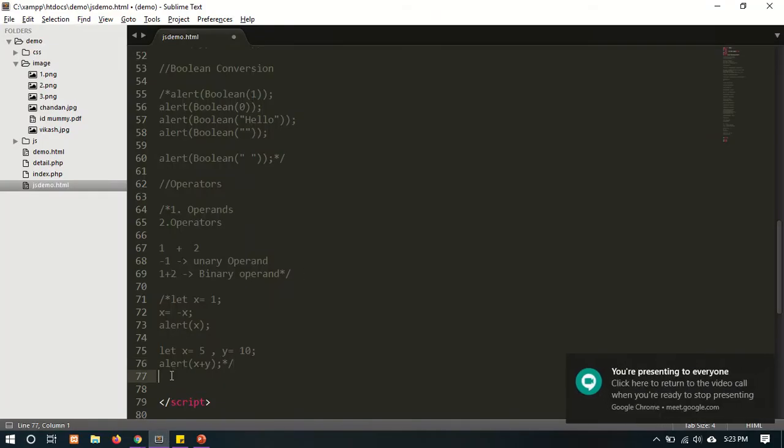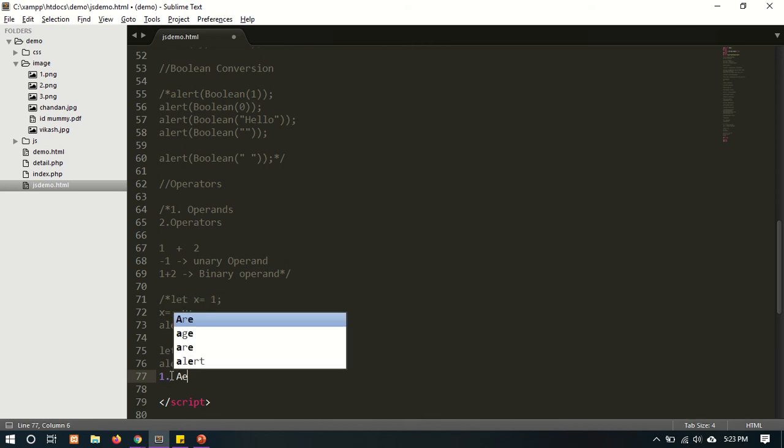Let's start first with the arithmetic operator, or the maths operator.